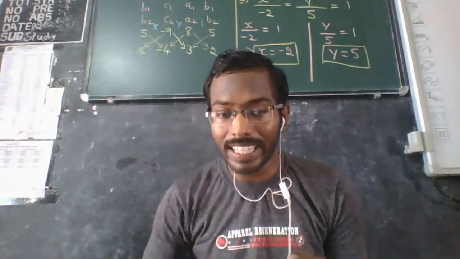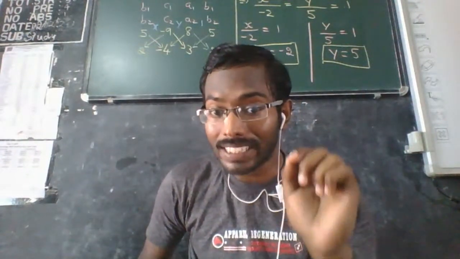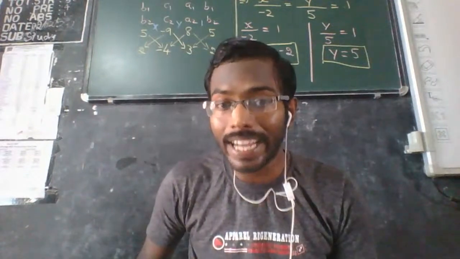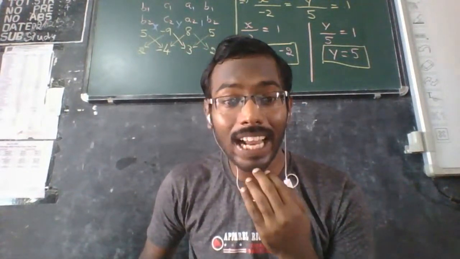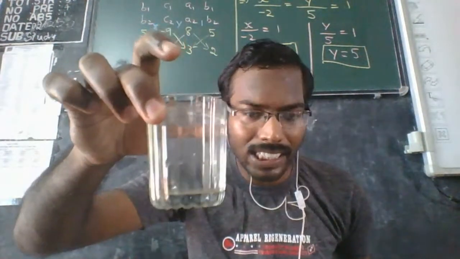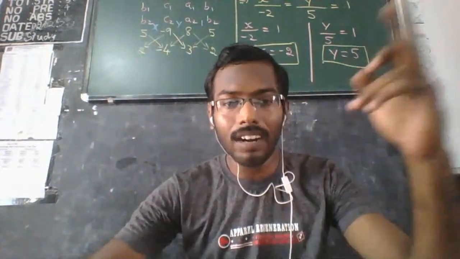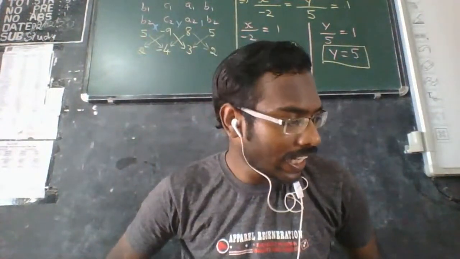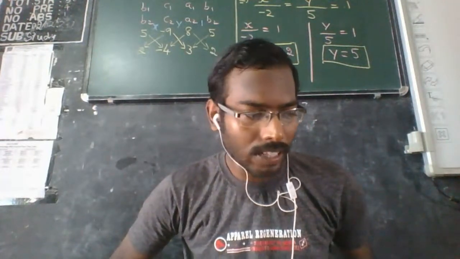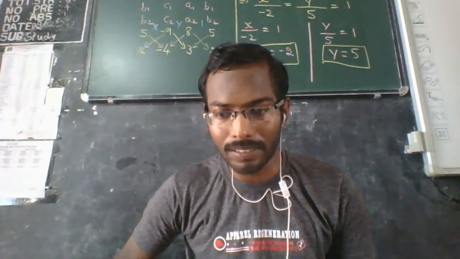They are of the size of a nanometer. Nanometer means 10 power minus 9 meter, or 1 divided by 10 power 9 meter. The particles of the solution are very, very small, of the size of a nanometer, so they are not visible to our naked eye. One nanometer means 10 power minus 9 meter.